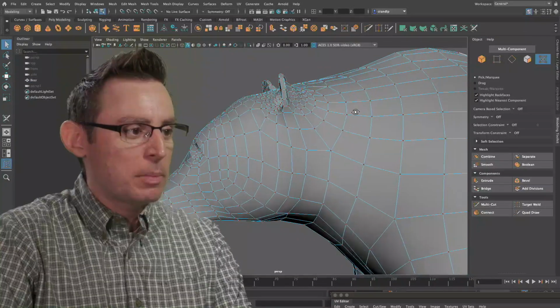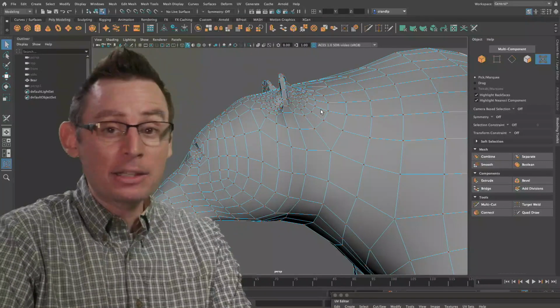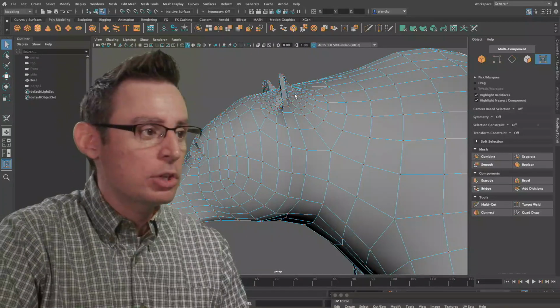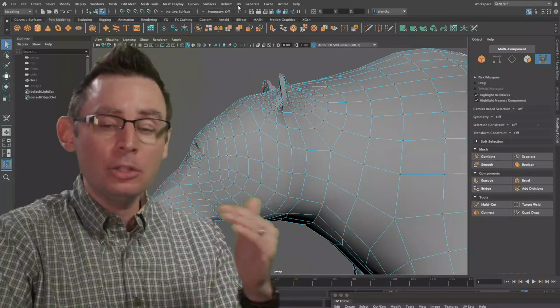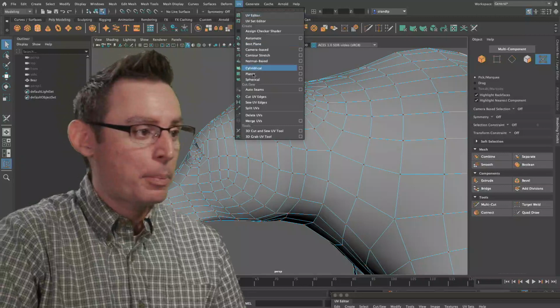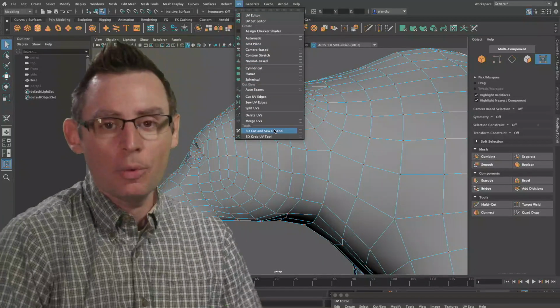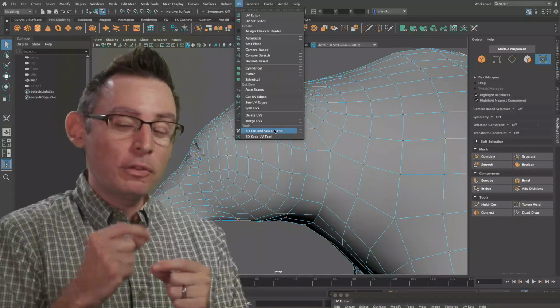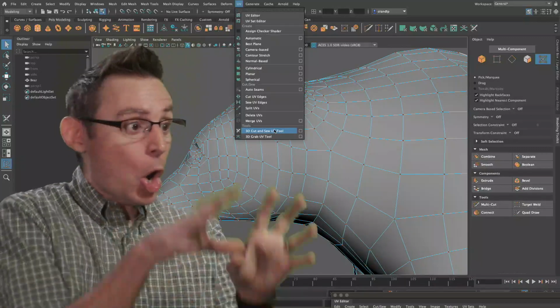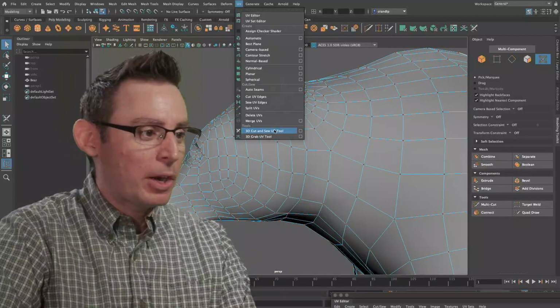So the first thing is to be inside of the UV selection state. The next is to activate the 3D Cut and Sew tool. You can find that in the UV toolkit, but you can also find it under the UV pull-down menu at the top of the screen. It's way down over here, 3D Cut and Sew. This is a great tool for us to very quickly go in and mark on the geometry itself where all of our seams are going to be. So let's fire it off.